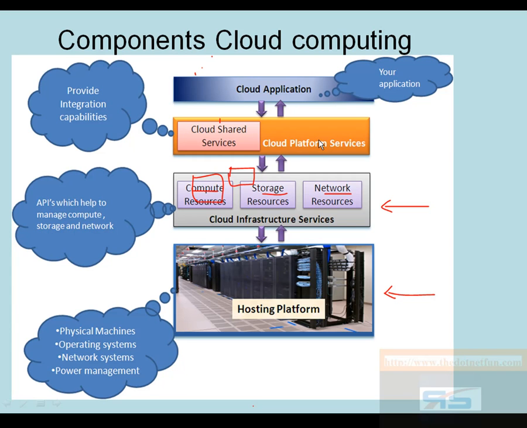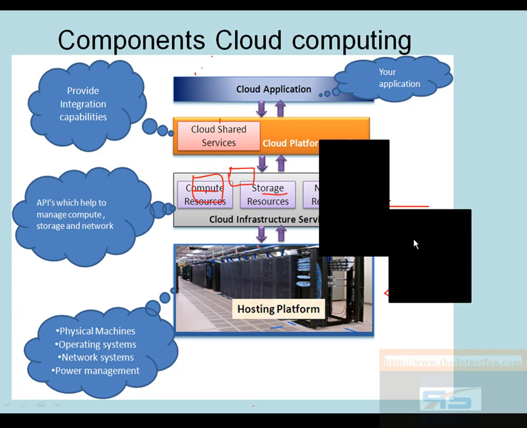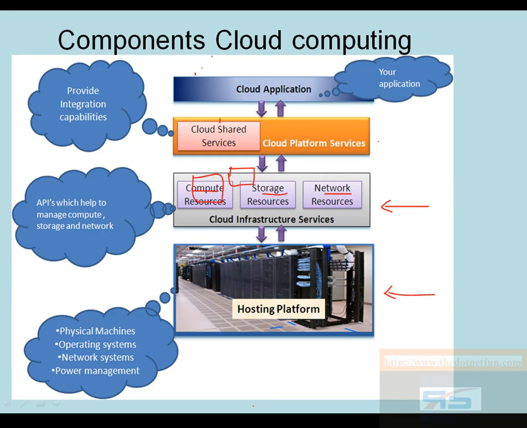The third layer is the cloud platform services. Now cloud platform services provides you with the necessary software services. For example, you need SQL Server. Rather than going and buying SQL Server, cloud platform service will provide you SQL Server on a rental basis. So rather than paying for the whole license cost, you can just pay a monthly rental cost to the SQL Server service and utilize it. So cloud platform service provides you software services on a pay-per-use model. It can provide you BizTalk service, SQL Server service, SharePoint services, etc. The final layer is the cloud application, which is your web application or your .NET application, which is going to be hosted on the cloud platform.